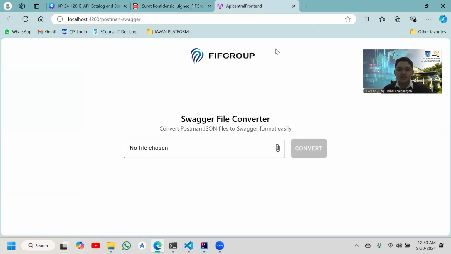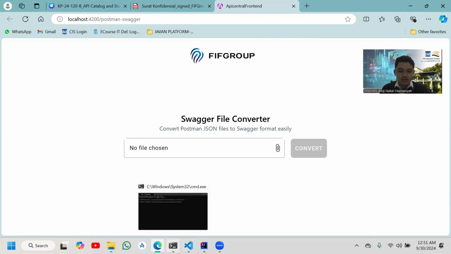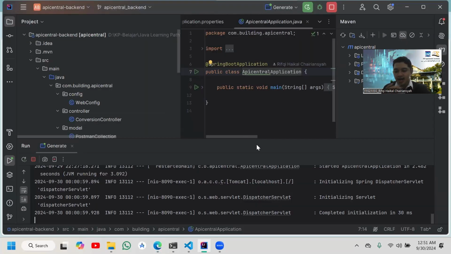Okay, and next, for this demo, I've created a local clone of the system that has been deployed on the Flip Group internal server. Unfortunately, due to privacy concerns and network restrictions, I'm unable to display the actual system. To save time, I've already launched the application before. Look at this. This is the backend. I've been running the backend here.